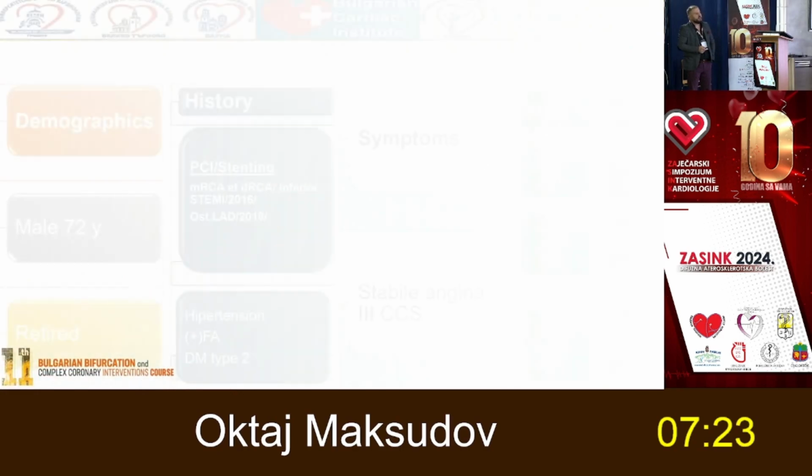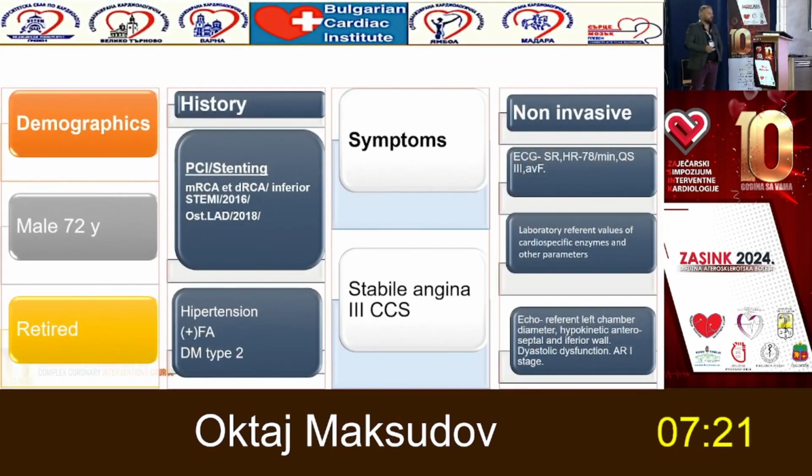present. So it's a case about a 72-year-old male patient with a history of coronary artery disease, a couple of stents in RCA due to inferior STEMI in 2016. We did ostial stenting of LAD in 2018. To be honest, this was the procedure that was done the previous month before we went up to the circumflex artery. So this is a case about